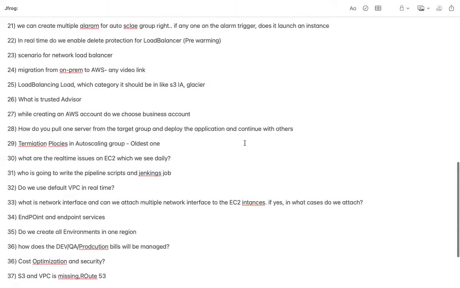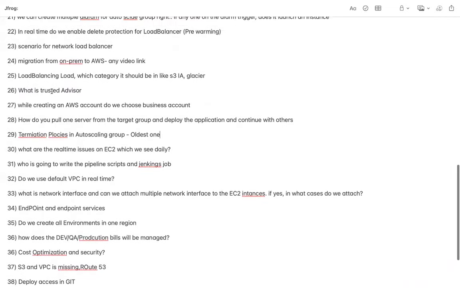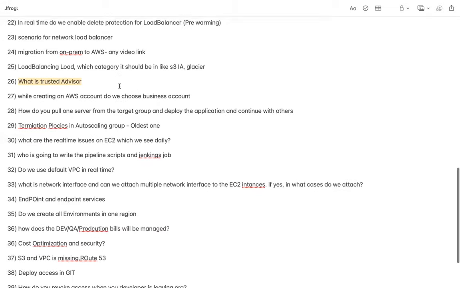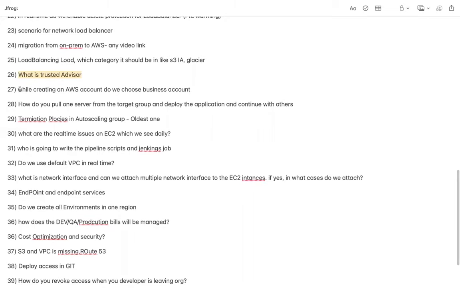Okay. So what is Trusted Advisor? Trusted Advisor is a component which is enabled with your premium account only. If you are paying for support, only in that case are you going to utilize the AWS Trusted Advisor. It is going to give you suggestions related to security, infrastructure, high availability, and performance. I think then you can skip the 27th one.